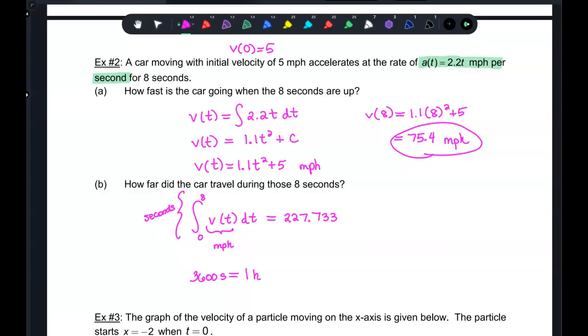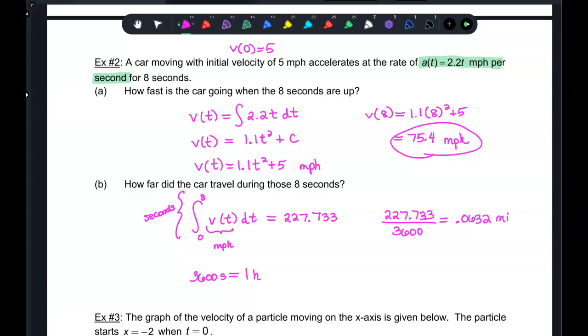Okay, so here's the thing. When we did this last part, when we went from acceleration, it was miles per hour per second for 8 seconds. So when we integrated it in terms of seconds, it gets rid of the previous time. So we're just left with miles per hour. But now, if we keep this miles per hour, but we integrate it in terms of seconds, we have to take this answer and divide it by 3,600 to get how many miles, which is